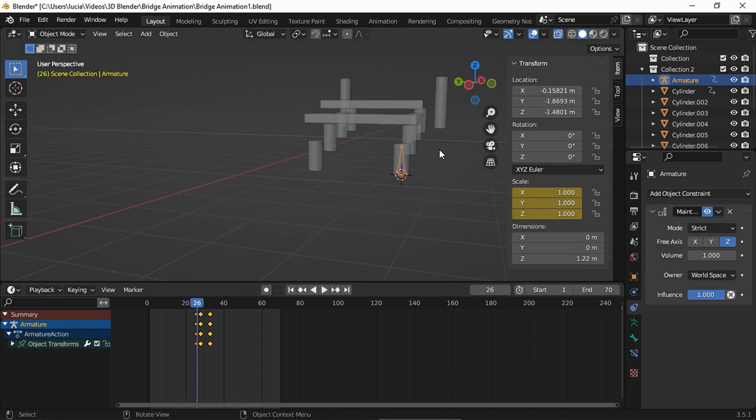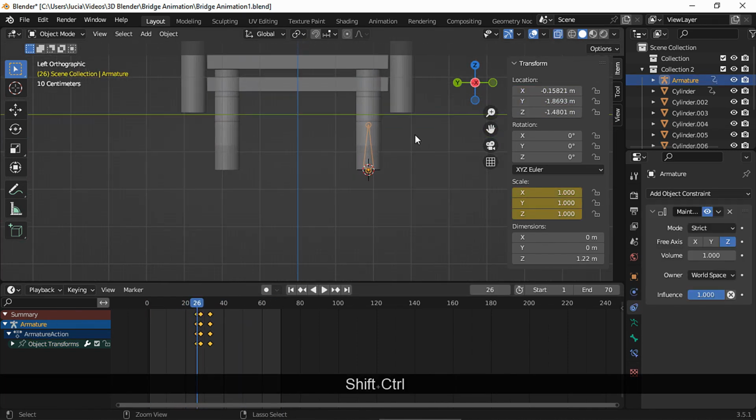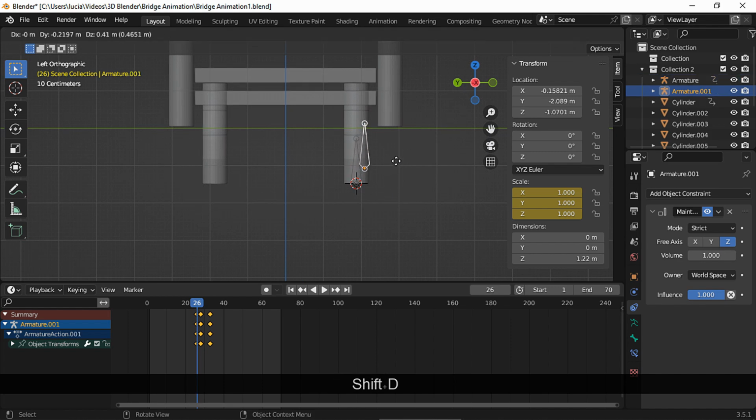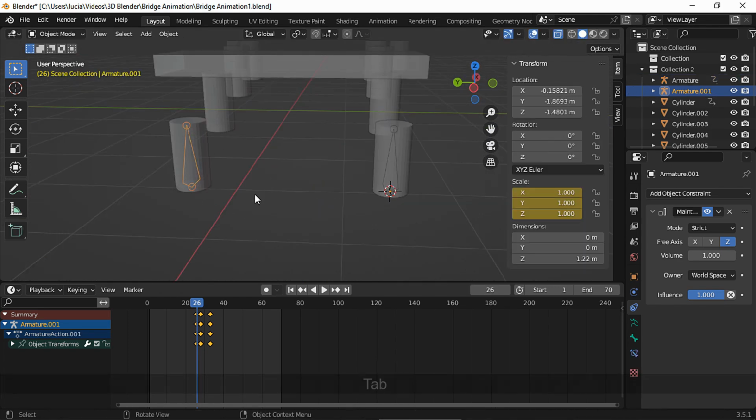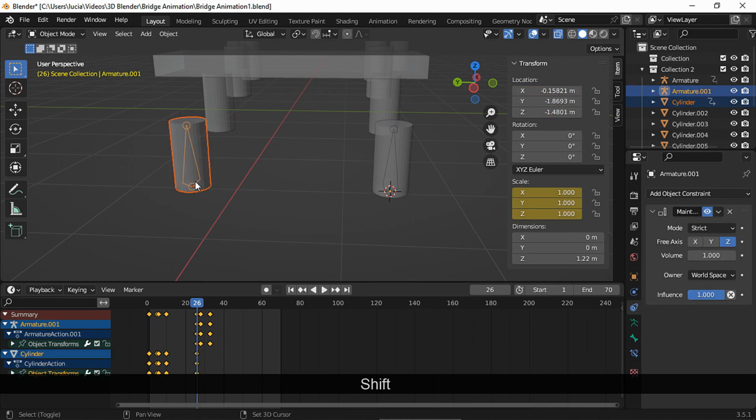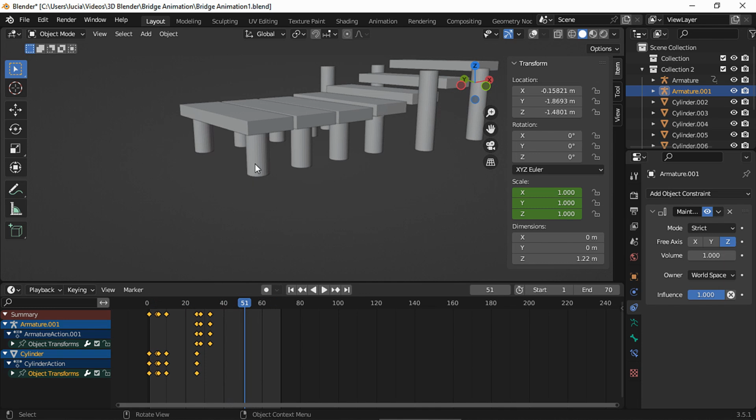Then I duplicated the bone to animate the left leg. Let's place the bone in edit mode, and back to object mode we need to parent it. And now we need to duplicate these two bones to animate the other legs.